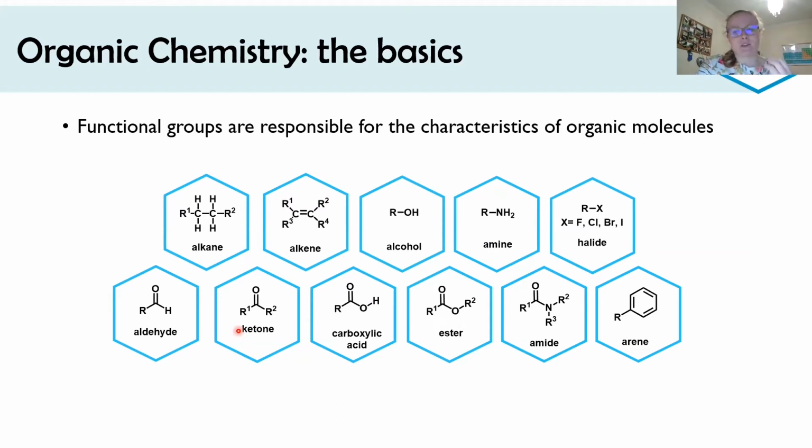we also get diversity within organic molecules as a result of functional groups. And functional groups are sort of the way atoms are bonded together to give us certain properties of a group, if that makes sense. So we've got different functional groups. We've got alkanes and alkenes. These are really common in really oily molecules, similarly with arene groups. We have alcohol. Now that's not the alcohol that is in wine necessarily, although ethanol is in wine and is an alcohol, but any molecule that has an OH group would be classified as an alcohol,